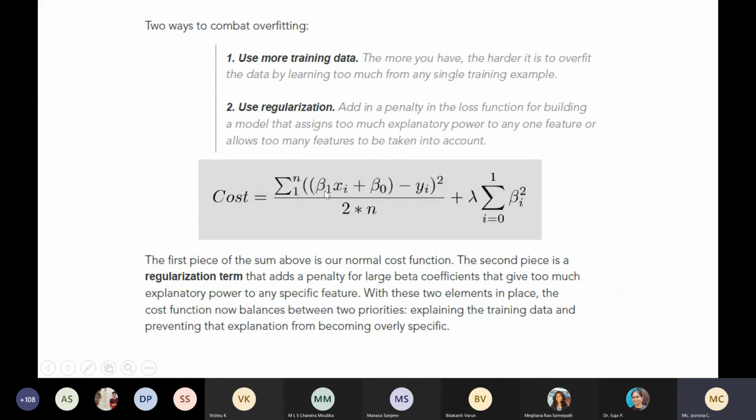Beta is a weight, which means you know how you find the activation function: each input x is multiplied by its weight, plus bias, then you apply the activation function. And this is the actual output, actual minus the predicted, squared, and when you find all that you will be getting the cost. You would have learned some cost functions. That cost function plus the penalty term. The coefficient lambda decides how much it should penalize, and this is the sum of the squares of the weights. That is called the penalty term.